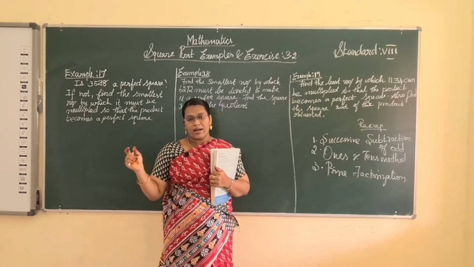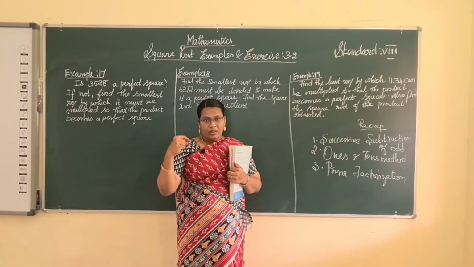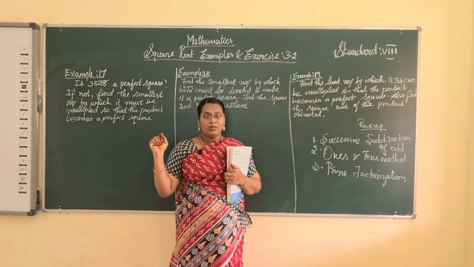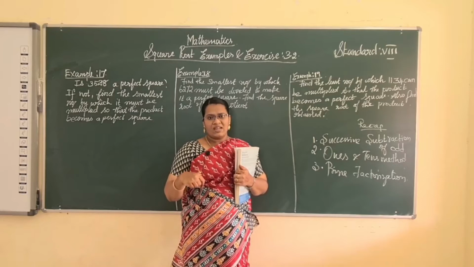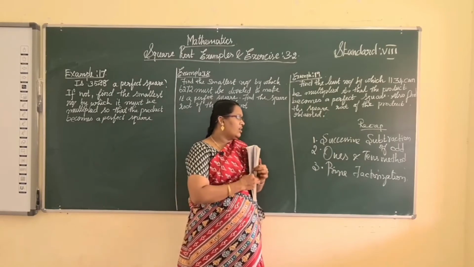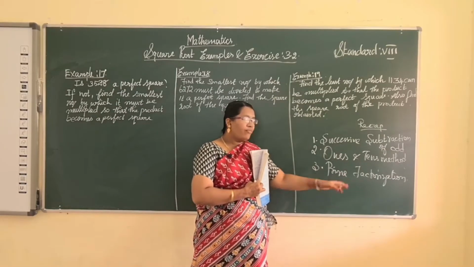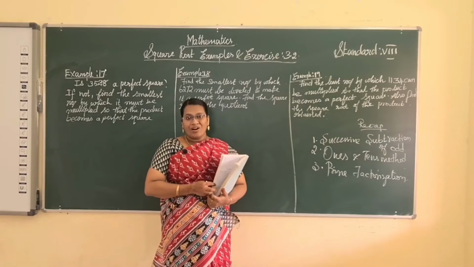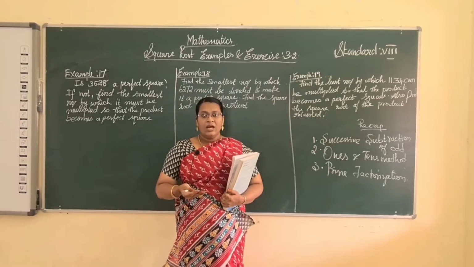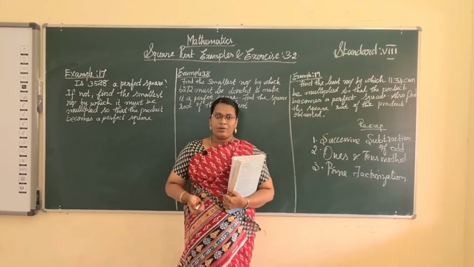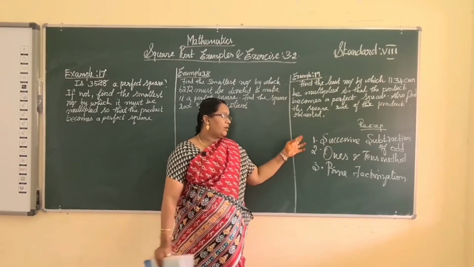First we consider the right side of the number. We have to find out the square root. After we cancel the last two digits from the right side, strike them out, we find the tens place. Finally we add the ones and tens place, and we get the square root of the given number. And for the third method, the prime factorization method, we make pairs of prime factors and then find the square root of the given number. I hope you have understood the three concepts of square roots.